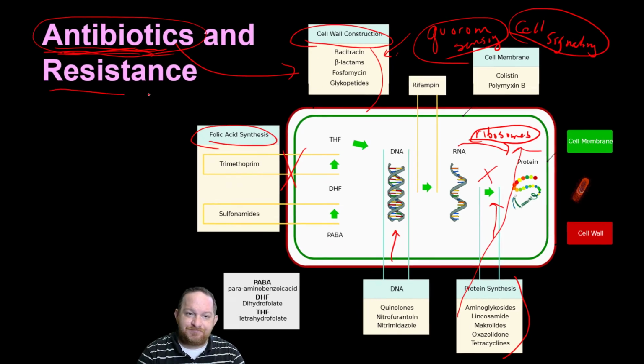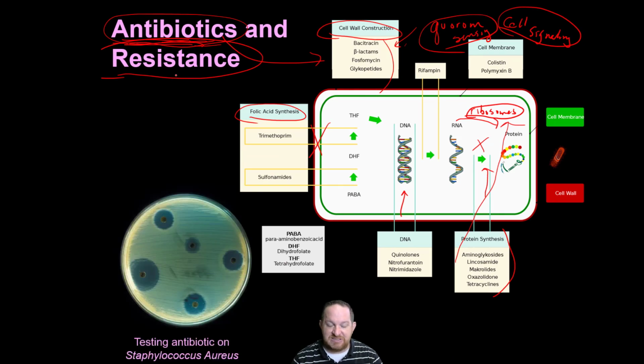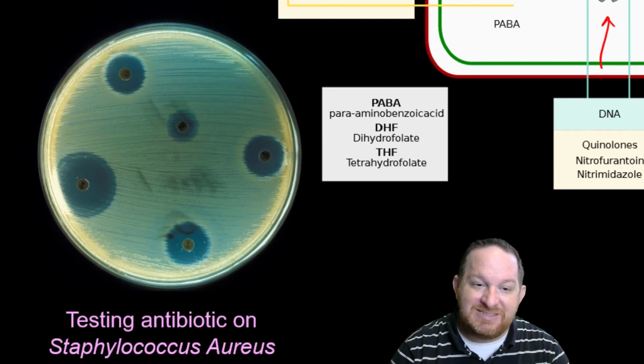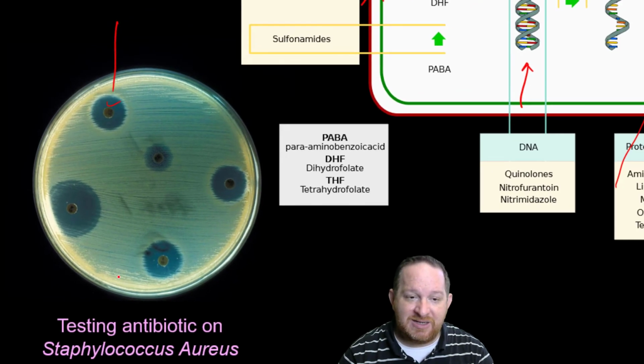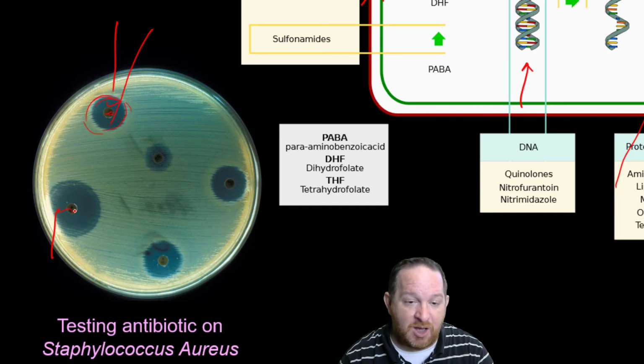So we started this video with this idea of superbugs and resistance. And if you look here, we can test antibiotics and see how well they work. This is a typical antibiotic test where you take a particular antibiotic, let's say it's methicillin or penicillin, and put it on this disc, and you see how far the bacteria stay away from growing. This one looks pretty strong. The bacteria are not getting anywhere close to it. Maybe this is a different concentration of that antibiotic.